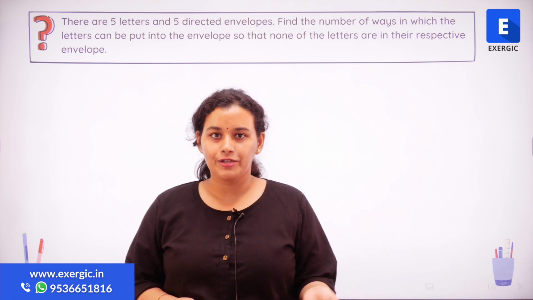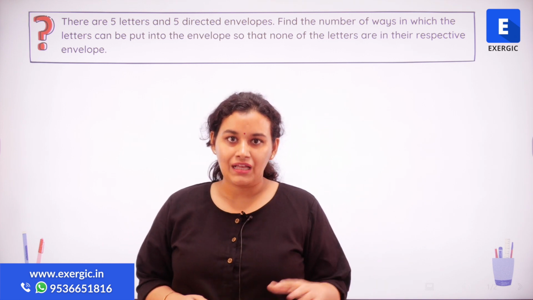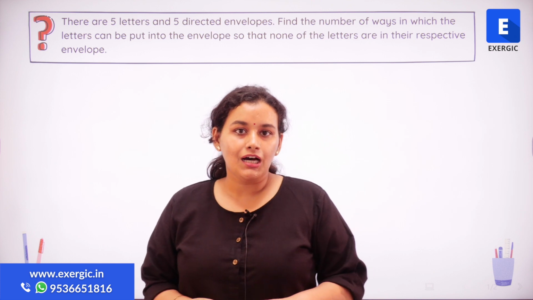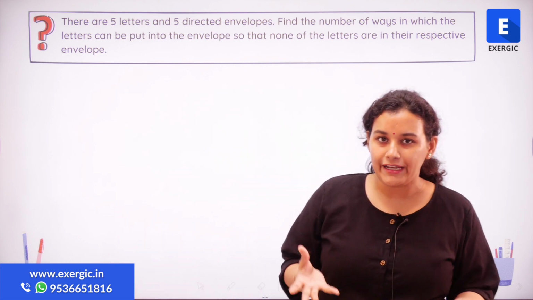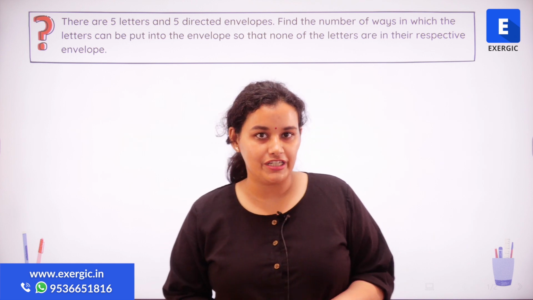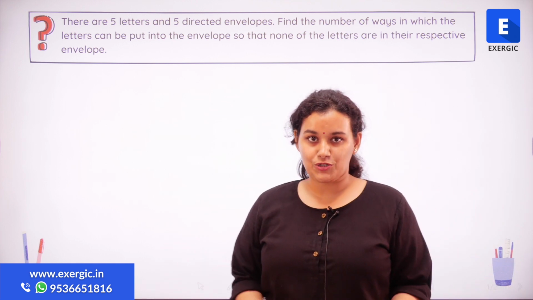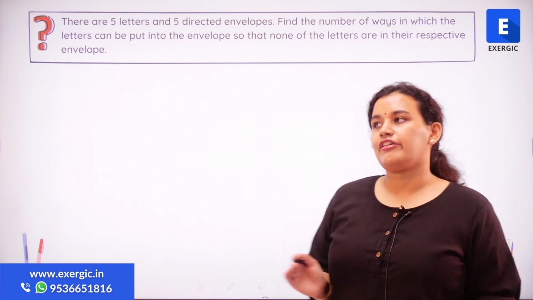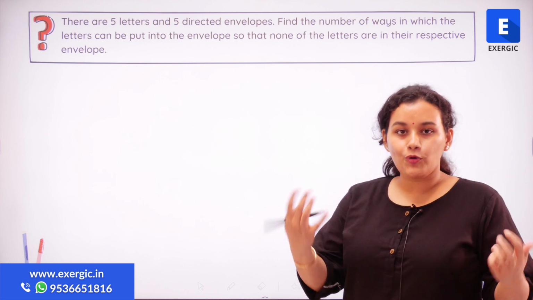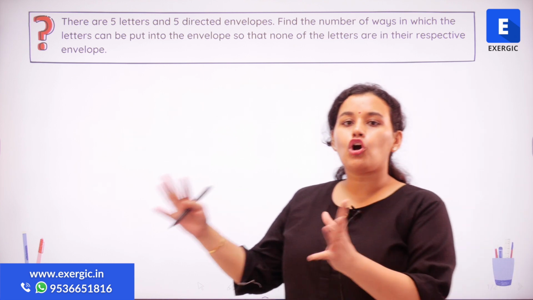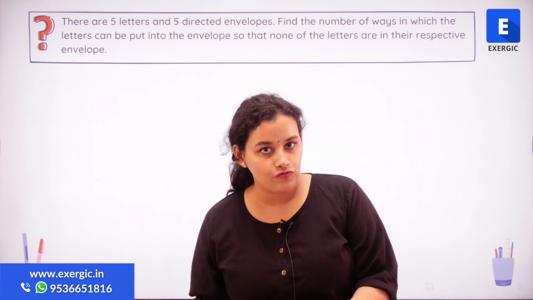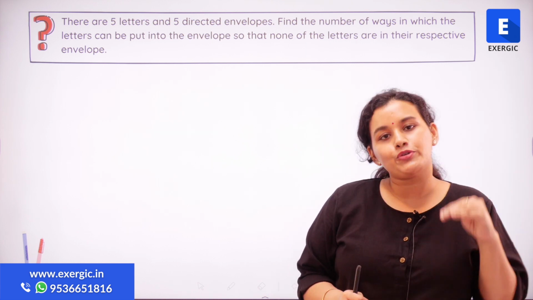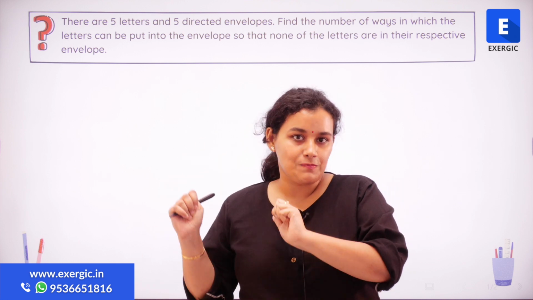A student of our video course had asked a doubt the other day, and I thought of taking the opportunity to educate our student community on YouTube about this very fundamental but interesting concept of permutation and combination, which is known as derangement, right? So what is the scenario in derangement? Generally you have letters or postcards given to you and you have respective envelopes, and the situation is that none of the letters or none of the postcards are going to go into their respective envelopes.